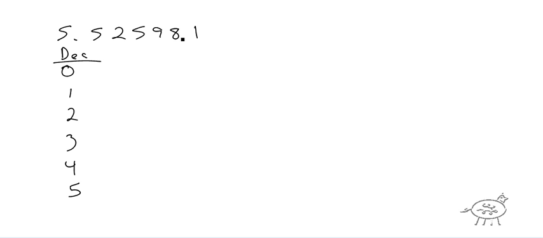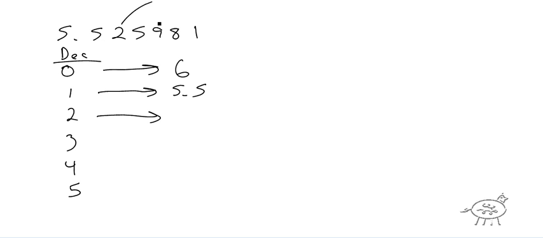Okay, so if I ask you to round to 0 decimal places, what are you going to look at? You're going to look at the one after it, which is the first one. Okay, so that's the 5. It's 5 and above, so your rounding is going to be 6. Okay, 5.5 basically rounds up to 6. Okay, the next one, you look at the 2, so it's less than 5, so it's going to be 5.5. 2 decimal places, you look at the 5, it's 5 and above, so it's